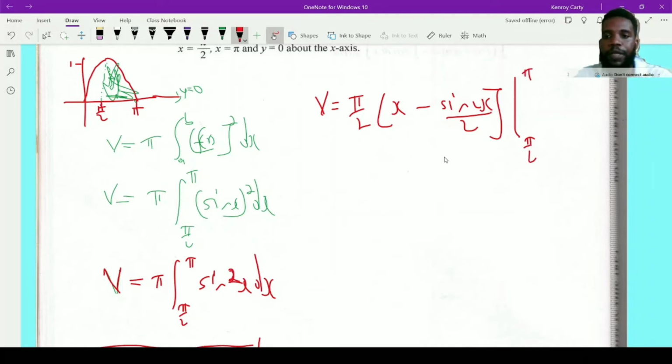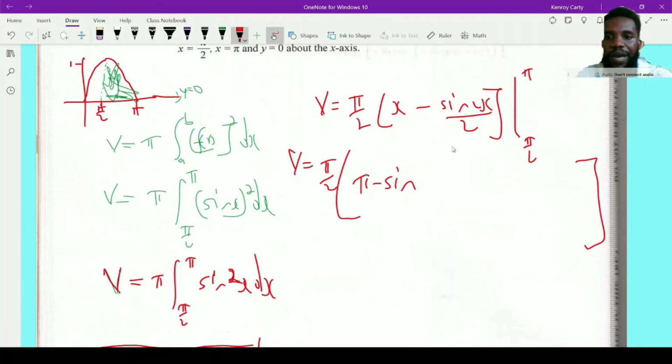Good. Now, I can go right ahead and put in the upper boundary and subtract when I put in the lower boundary. Right away, without hesitation. So I'm going to have volume equal. Now, I don't need to write the pi over 2 twice, so I'm going to create an extra bracket, right? Pi over 2, I factor that out. I'm going to put in the upper boundary, which is pi, so I'm going to have pi minus sine. If I put pi in the place of x, I'm going to have sine 2 pi all over 2